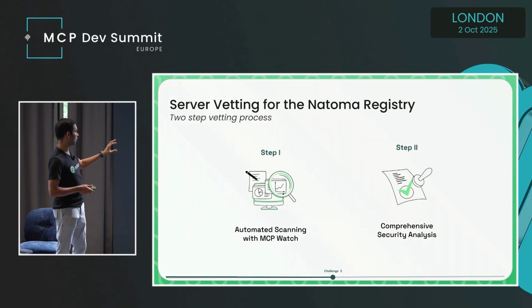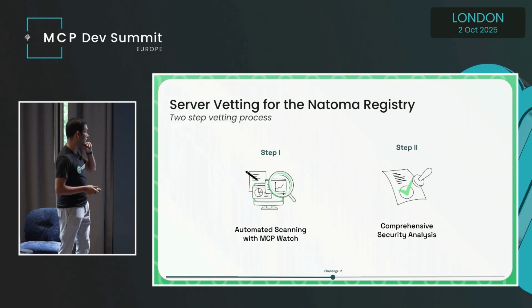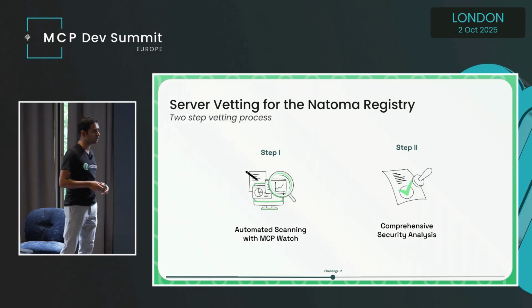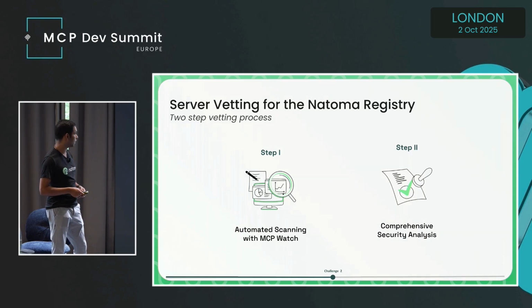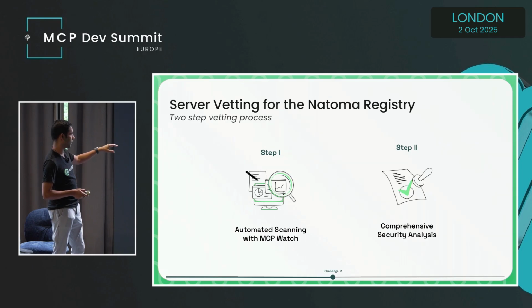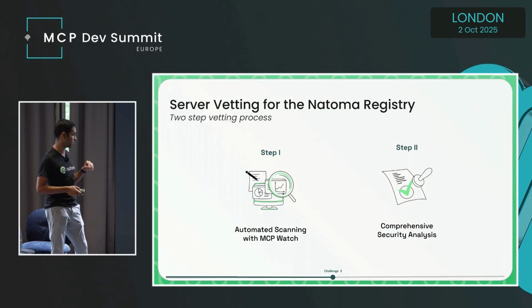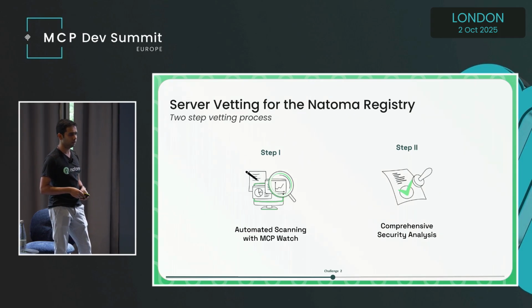We have done two steps in terms of server vetting. Whenever a server is requested by one of the prospects or customers, we go through a review process with manual vetting and automatic vetting. Automatic scanning is more around static code analysis. We are working on dynamic code analysis, but the static code analysis uses a tool called MCP Watch that I wrote, and the idea was